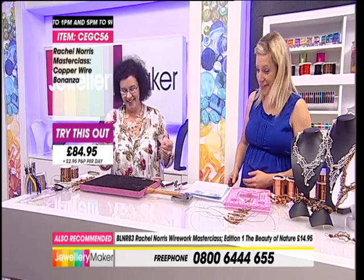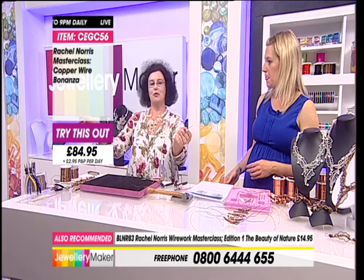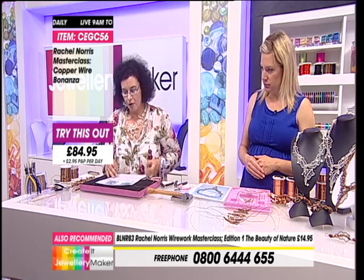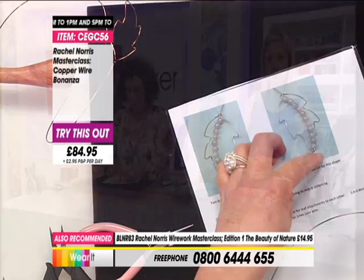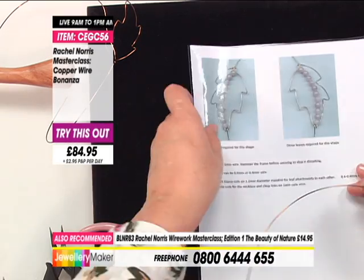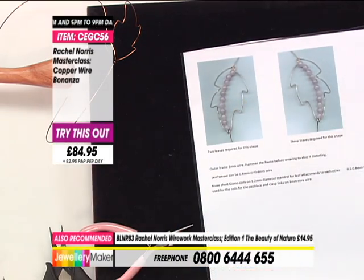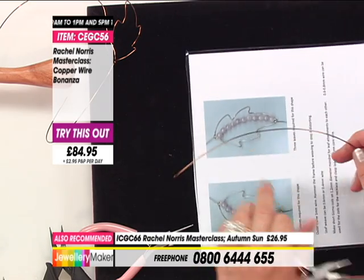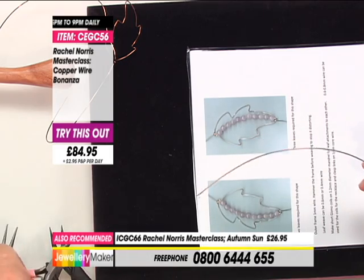This is lovely. I'm taking about 1 metre of wire, thereabouts, maybe a little bit more, to start making the leaf up. Now, what you can do is work from a drawing like this, so that all your leaves are the same, because we're not doing the symmetrical leaf. We're doing a leaf that curves round, and they need to fit together in a jigsaw puzzle pattern. So I've done this, and I will give it as a PDF to upload,